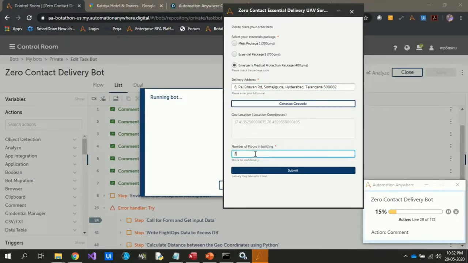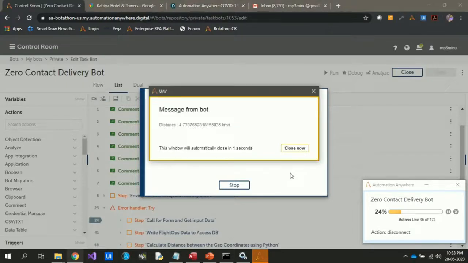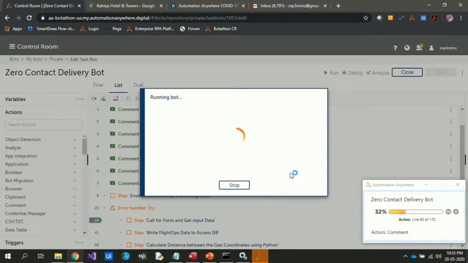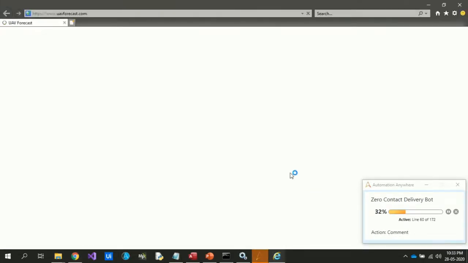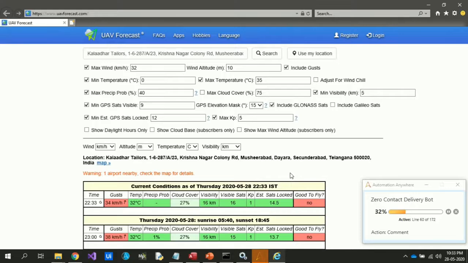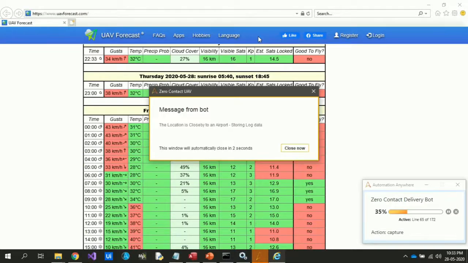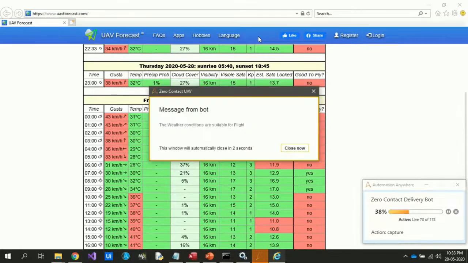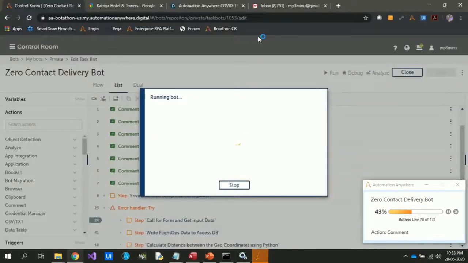uses an API to bring the geo coordinates, and then it uses Python to get the distance, and then it performs a pre-flight check which every pilot does before takeoff of a UAV. This check involves checking weather conditions such as wind speed, the temperature, humidity, the visibility, and all such factors. And it also checks for a nearby airport and logs it, and based on the conditions it uses SkyVector